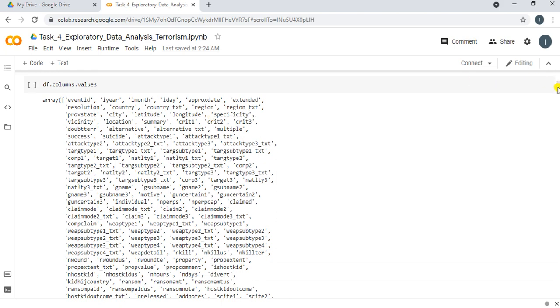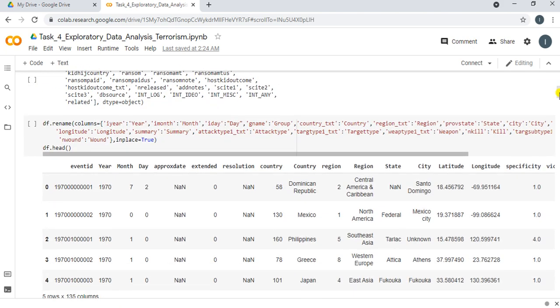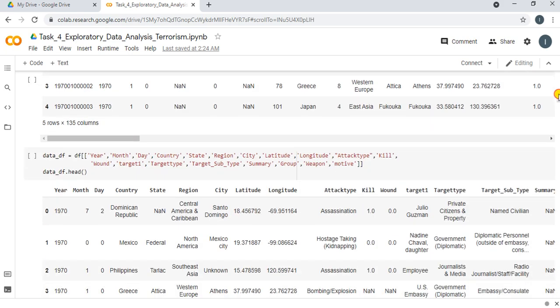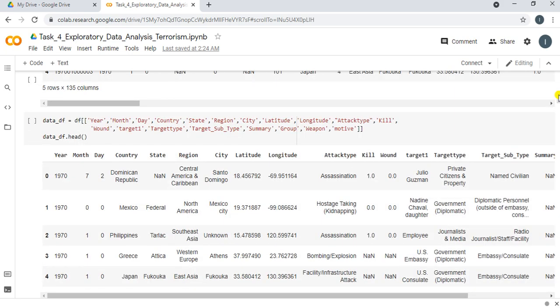So for this purpose, the rename function is used to rename some of the columns like iyear into year, imonth into month and so on. And then we need to extract some of these columns from the data set to make a new data set and this new data set would be used for the analysis.